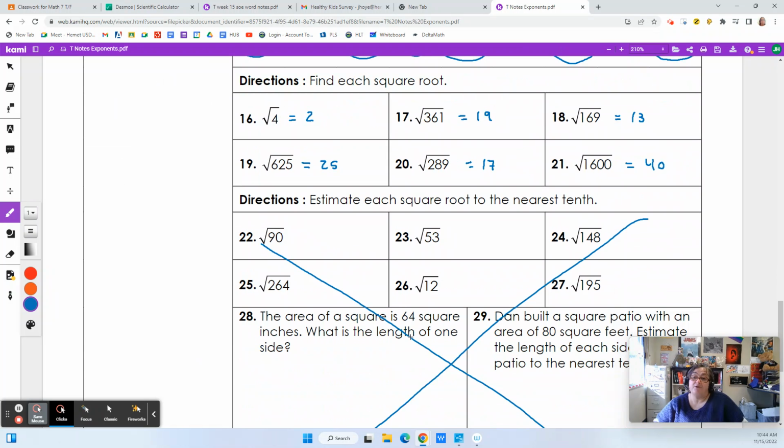When we come back from break, I'm going to show you how these break down a little bit. But when you do try and do them to the nearest tenth, you're just plugging them into a calculator to see what you get, right? You're just plugging in the square root of 90, and you're going to get a decimal answer. And nearest tenth means you only go one past the decimal point to round it. So let me stop screen casting because there's no